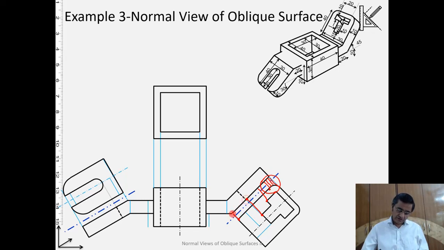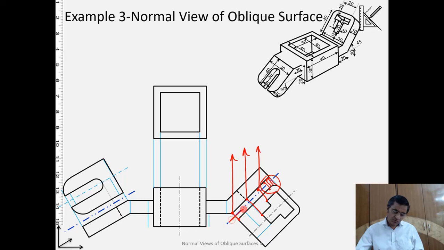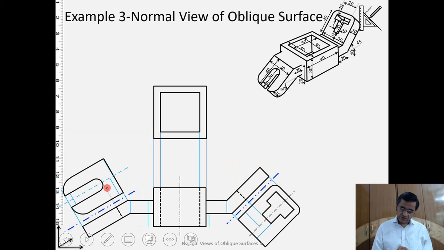Where the projectors meet the bottom face, from here I can take the projector up to the horizontal, and then measuring the distances from the hinge line, say for example the distance here, we will be able to identify the point or project the point on the horizontal projection. So with the same, let us complete it. So I am taking these projectors, alright.